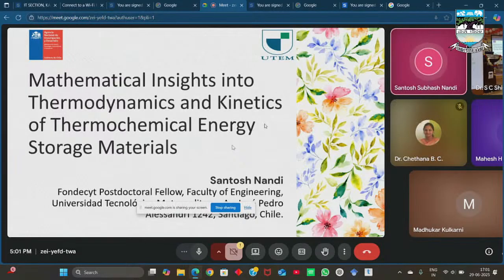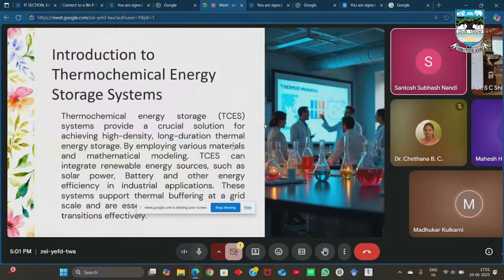Our aim is to bridge the material science with mathematical tools to accelerate the development of next generation energy storage materials and systems. With this brief introduction,